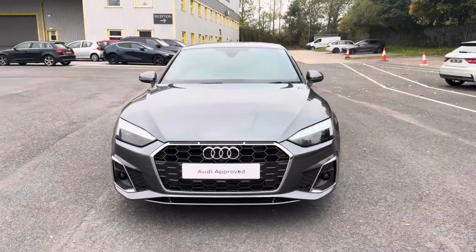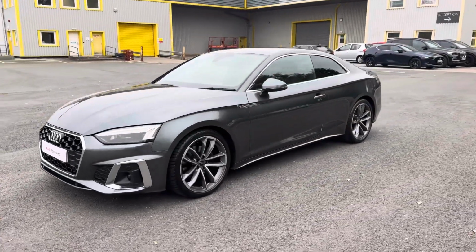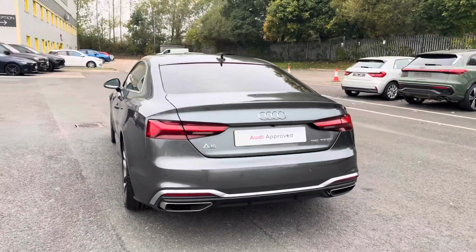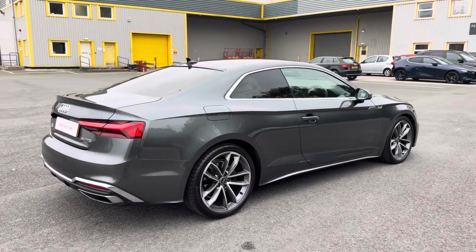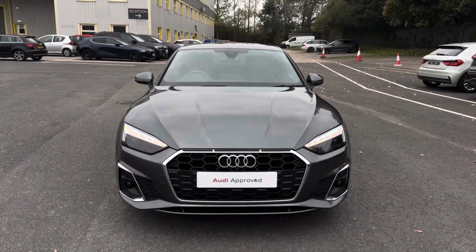Today I'll be talking about this approved used Audi A5 Coupe S line tronic finished in the modern Daytona Grey Pearlescent paintwork. This 2022 model comes with a petrol engine with 150 PS and automatic transmission, ideal for those wanting to cover extra miles. The top features include the striking Matrix LED headlights paired with dynamic front and rear indicators for